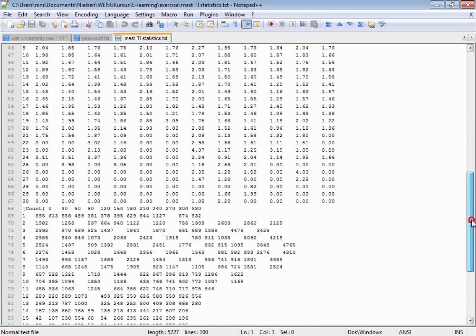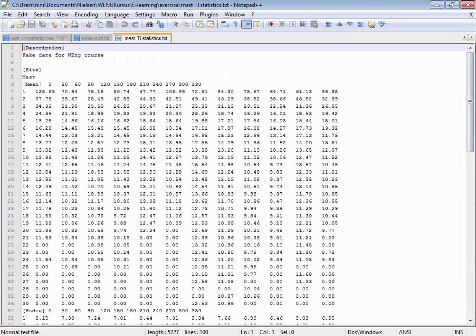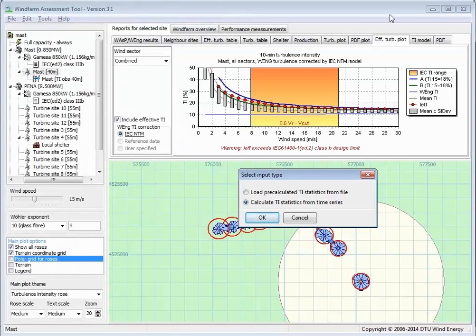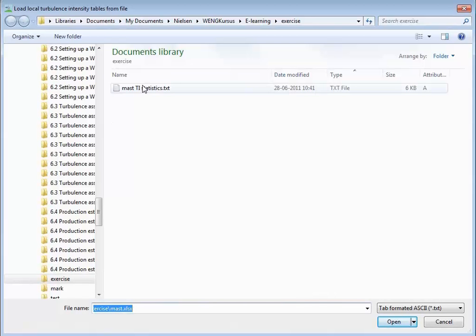And we also need the number of observations here. Typically you have missing observations at high wind speeds. So this is the format of this statistics file, which I'm now loading into WAT. Try to find it. Yeah, here it is.